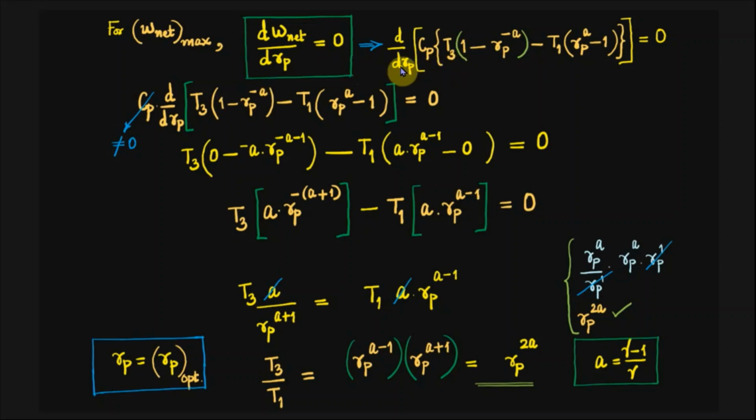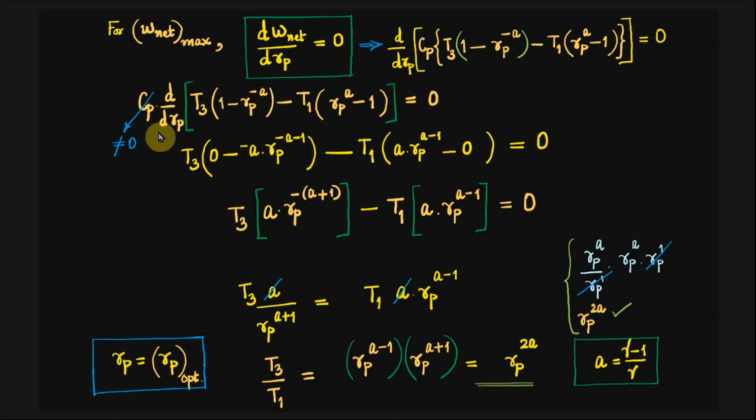So what can we do? Cp can be taken out of the derivative as it is a constant and it is not equal to 0, so the rest of the part must be equal to 0. So the derivative of the whole expression with respect to Rp is equal to 0 now. And what can we do next? So T3, if you differentiate the first term, that is T3 into 1 minus Rp raised to minus A, and just differentiate Rp raised to minus A, because that is the variable part